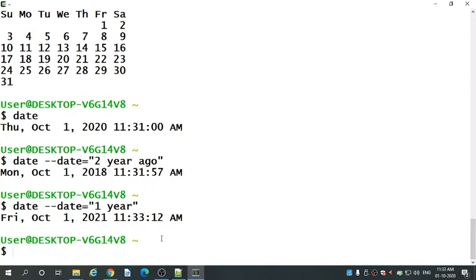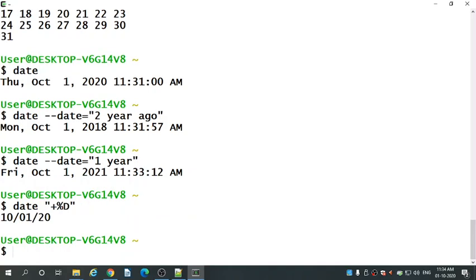Then with the specifiers we can see the options. So let's see this date. As an example, you can see here the date command, then in double quotes the plus sign we are putting here, then the percentage symbol. After that you can press capital D and complete the double quotes. This is your syntax, and then press enter. 10 1 20, this is the output.